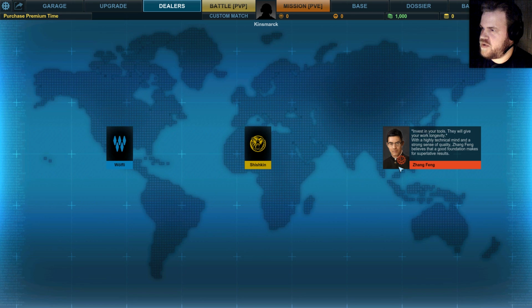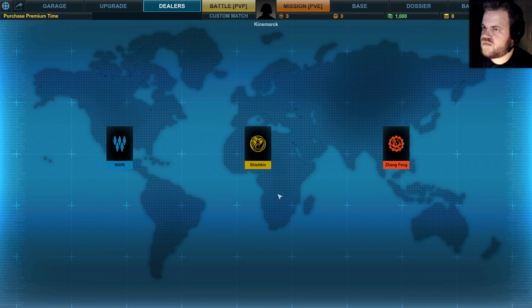Invest in your tools; they will give your work longevity. With a highly technical mind and a strong sense of equality, Zhang Feng believes that a good foundation makes for superlative results. Right. I will say, with the tanks that are coming down the pipeline for this guy, he's going